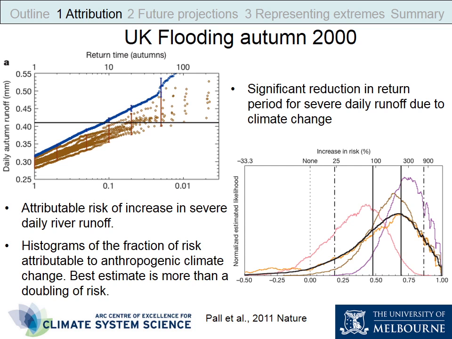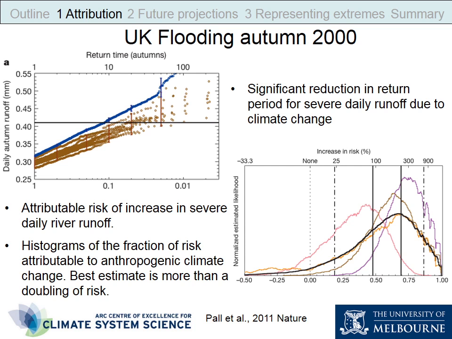And this case was the UK flooding that occurred in autumn of 2000, and this was another significant event. This was the largest flooding on record since, I think their high quality records began about 1760. And this was once again associated with quite significant flood damage. It was over £1 billion of flood damage, and I think something like 10 or 12,000 people had to be evacuated from their homes because of this flood event.